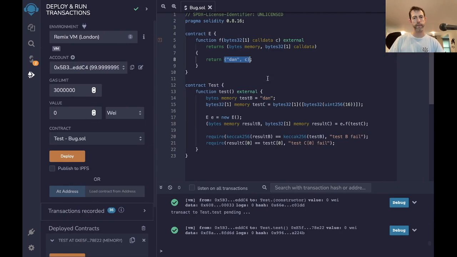Another way to minify, does there need to be any input at all? It wants to have this call data. So it's going to return something with call data. It means the call data is,